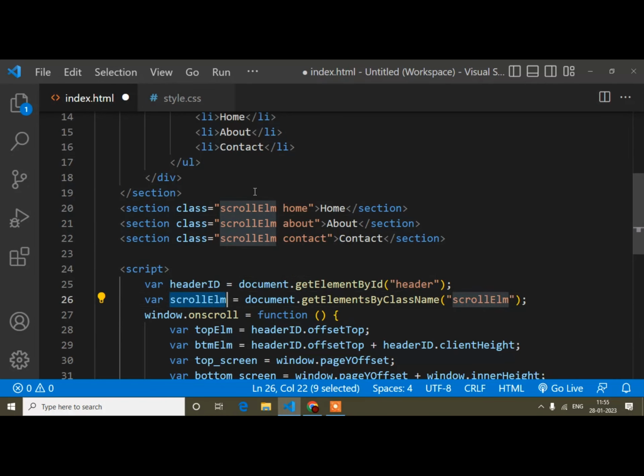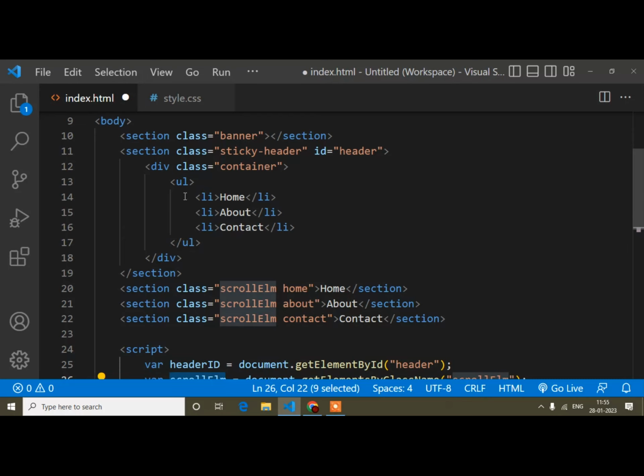Now guys, here I need this li tag, because when the section is reached, I have to add the active class to it. So those li tags are also required.